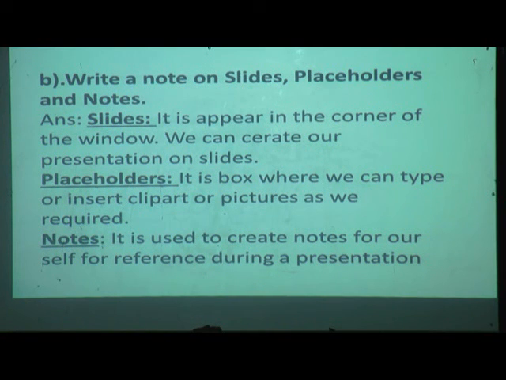What is the question? Write the notes on slide, placeholder and notes. Slide, it appears in the center of the window. We can create our own presentation on slide.